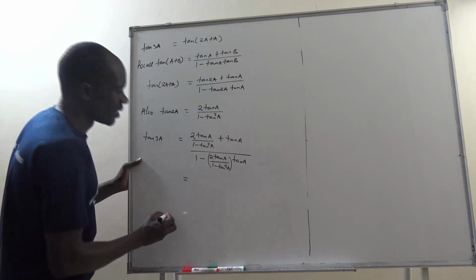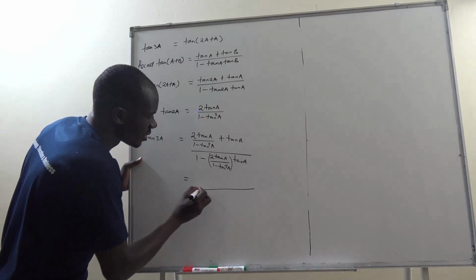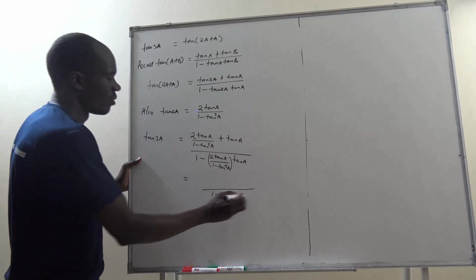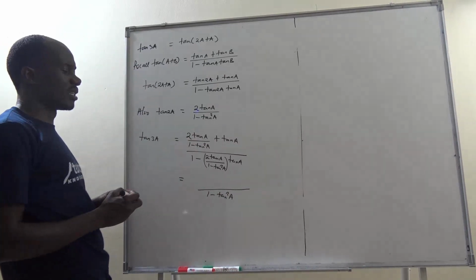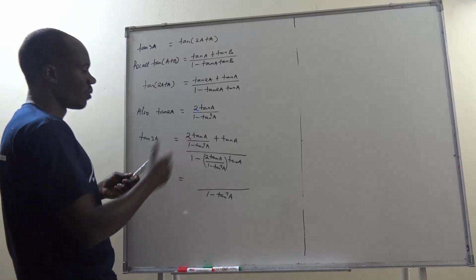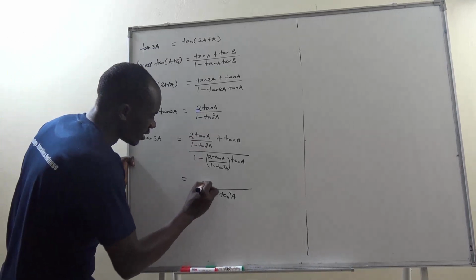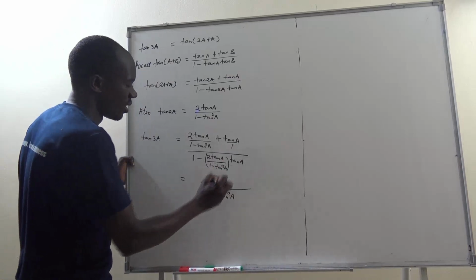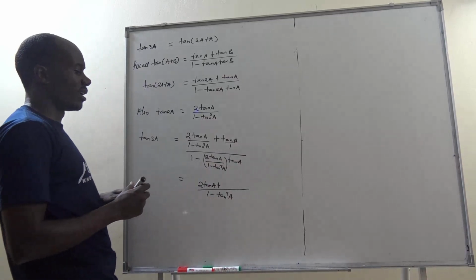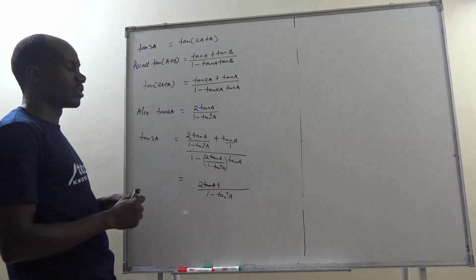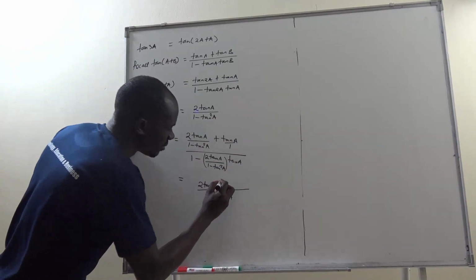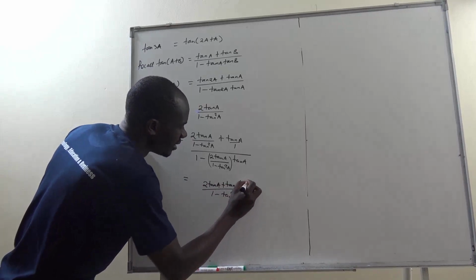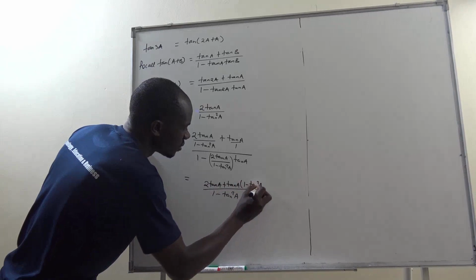So can we proceed? We proceed by getting the LCM. The LCM is 1 minus tan squared a. 1 minus tan squared a divided by 1 minus tan squared a gives 1, and 1 times 2 tan a gives 2 tan a. Plus, this is like out of 1, so 1 minus tan squared a divided by 1 gives 1 minus tan squared a times tan a. It becomes plus tan a into 1 minus tan squared a,